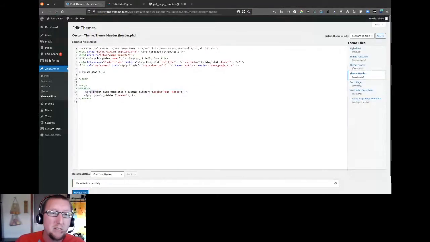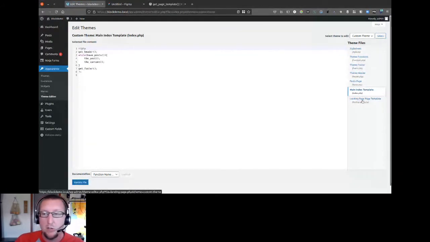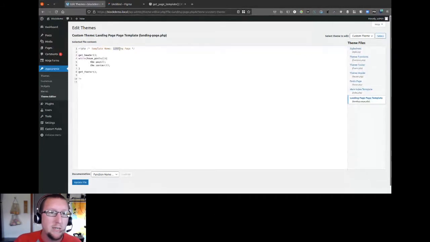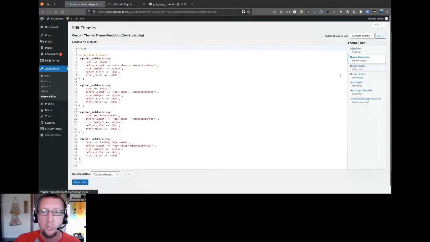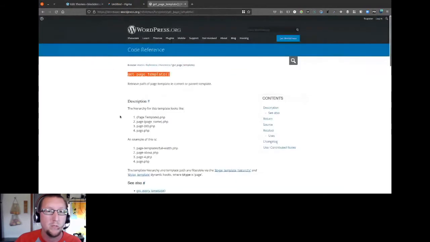But anyway, this is basically just going to check to see if there's a page template for the header. And if there is, it'll use the landing page. Posts and the index page and all this stuff, it's literally just regular old-fashioned templates. Just nothing really special, really important there. I'm going to go ahead and add, I think if memory serves me correctly, I need to actually make this landing page. It's either .php or just, yeah, it'll be .php. Okay, so